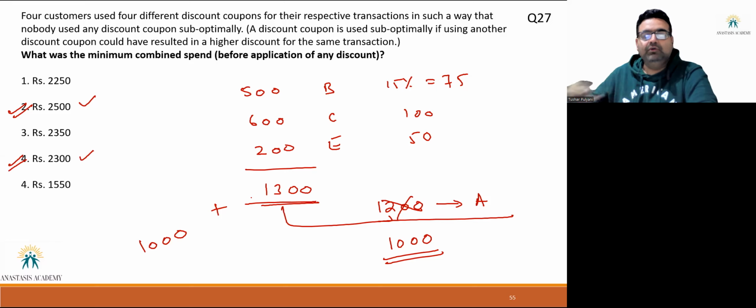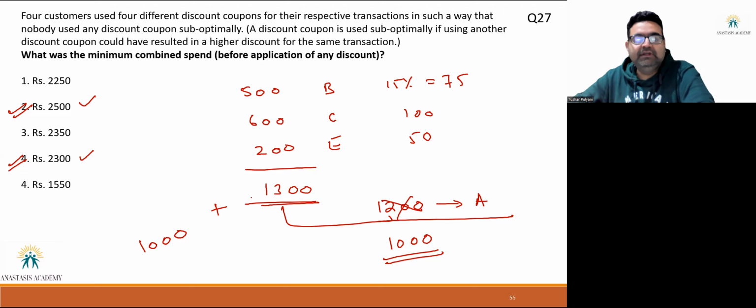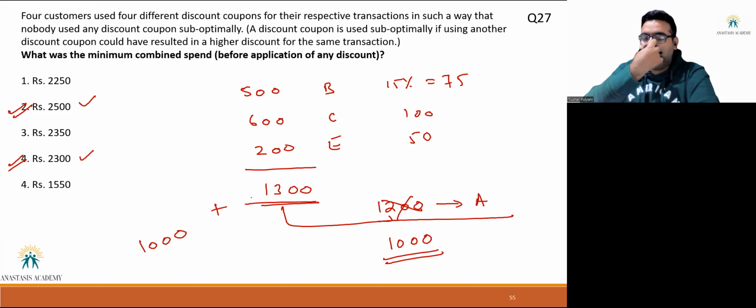So I'm leaving you with two answers to this question. Let me just summarize so that you can also think. Most of us who have done this question have done option B. That was pretty straightforward, right? One person shops 500, applied B; one person shops 600, C; 200, E; and 1200, A, to maximize the discount and to minimize the spend. You got answer 2500. But I'm leaving you with another answer.